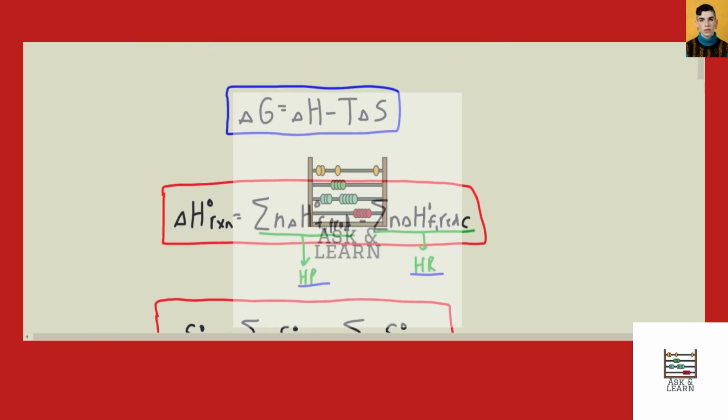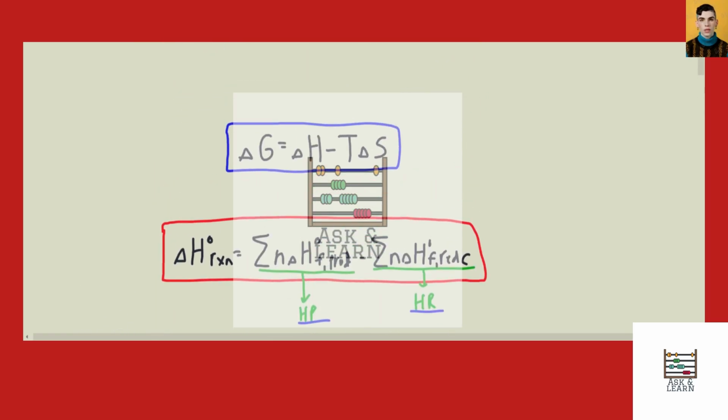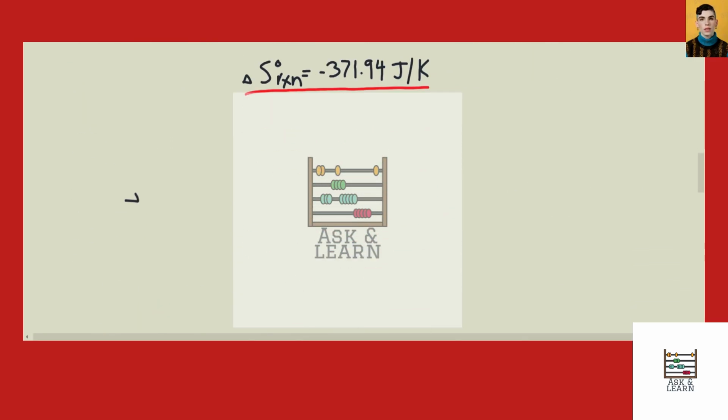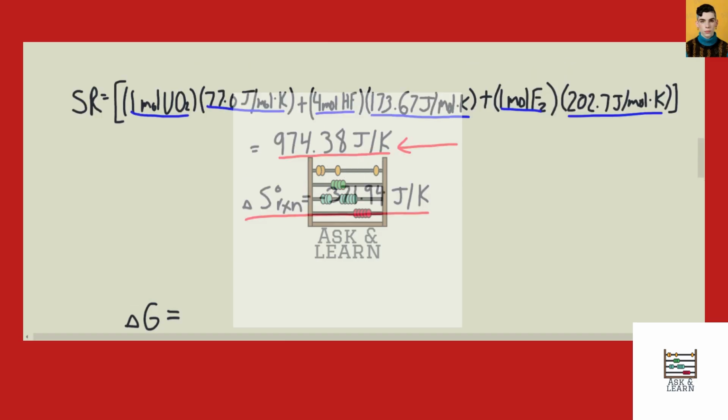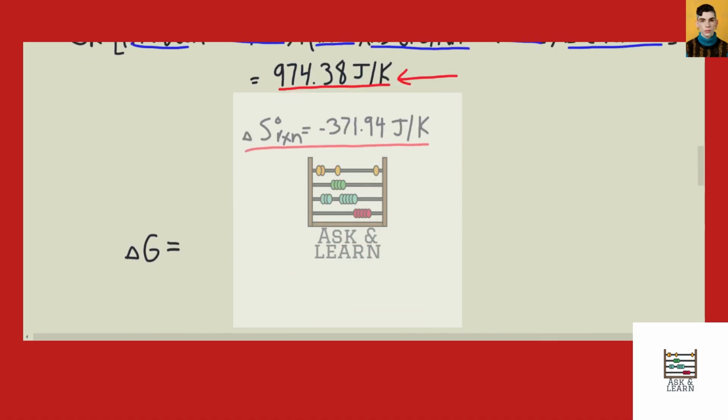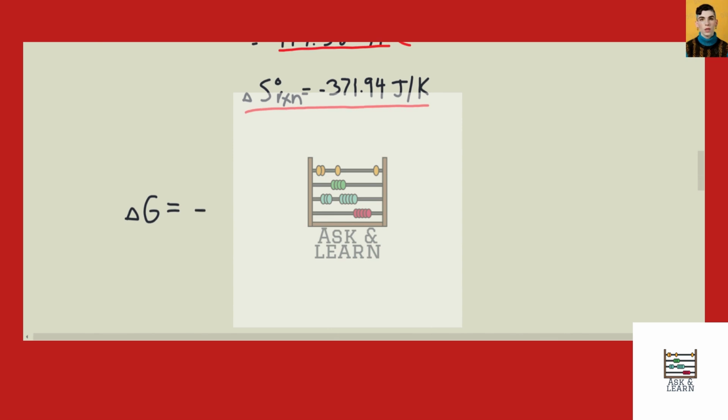Now that we have delta H and delta S, and we want to find delta G at a given temperature, we can use the equation delta G equals delta H minus T delta S in order to solve for that value. So delta G equals delta H, which we calculated to be negative 503.625 kilojoules. So negative 503.6 kilojoules